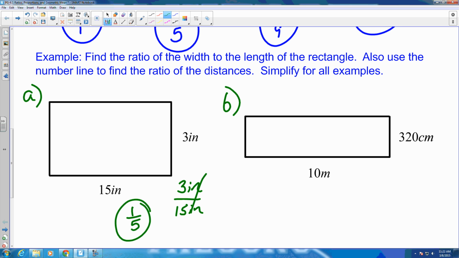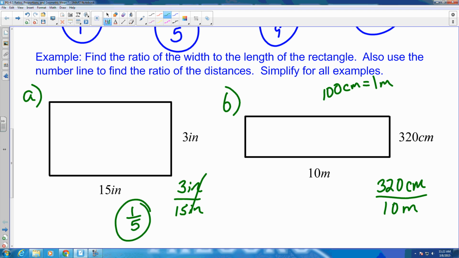Looking at example B, the smaller length appears to be the 320 centimeters over the 10 meters. Okay, now this is a situation kind of like we had in the previous examples where we have different unit measures. So what we have to do is change the larger one. Centimeters is a smaller unit than meters, and we found out from the top that 100 centimeters equals 1